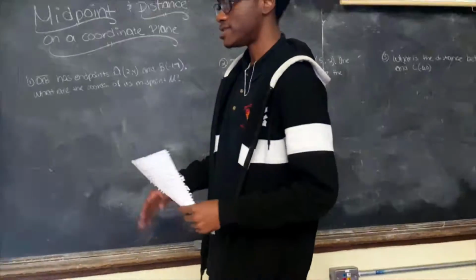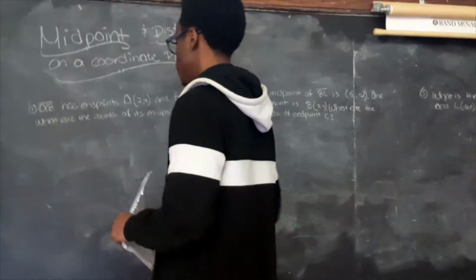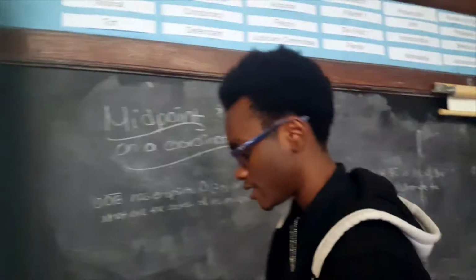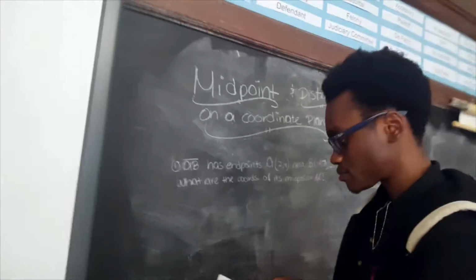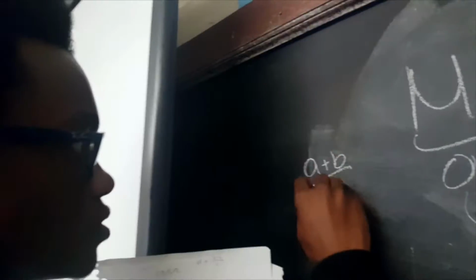So the first question: if you were given a segment AB with endpoints A (2, 4) and B (-1, 7), what are the coordinates of its midpoint? To figure this out, you would use the midpoint formula, which is A plus B over 2. Now, in order to solve this,